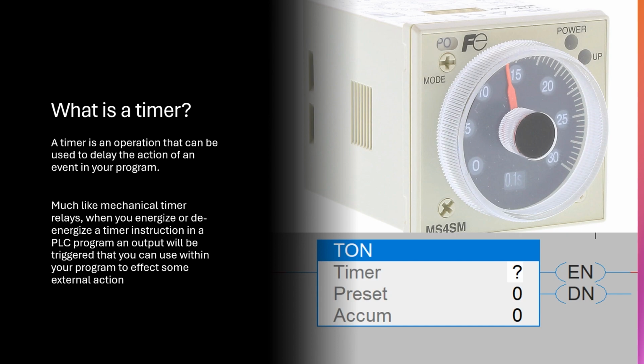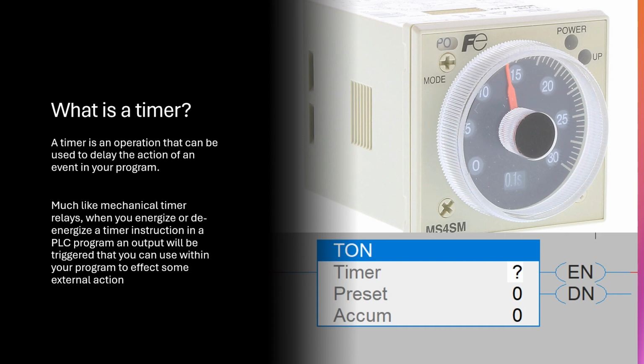And usually they'll have a dial on the front or some way of controlling the timer preset value. Whenever you energize the relay or de-energize the relay, it will change the state of the output for that specific